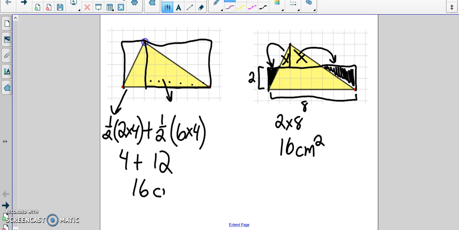So there are more than one way. I can use other aspects, especially if I have it gridded, to help me use the moving or the additivity principles to solve these problems. Okay, so that's the first part. Now the second part